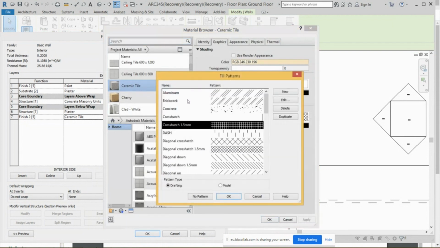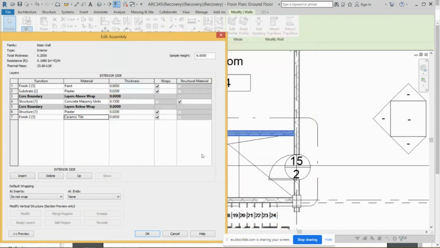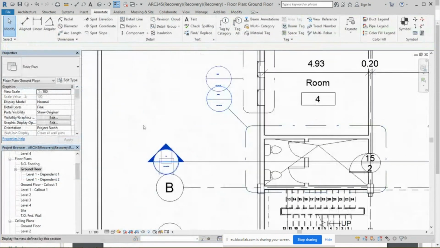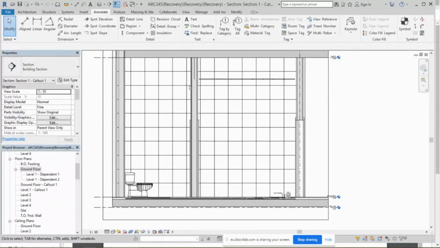This surface pattern, I have to adjust my scale for that, so if I go here and then edit, I want to know what is my spacing. Suppose now I did like here 40 millimeter by 40 millimeter for the scale of 1 to 10, and I hit OK, apply, OK, and then I go to my section and my call out, so in the call out it shows up as 1 to 10 here. If I change the scale,